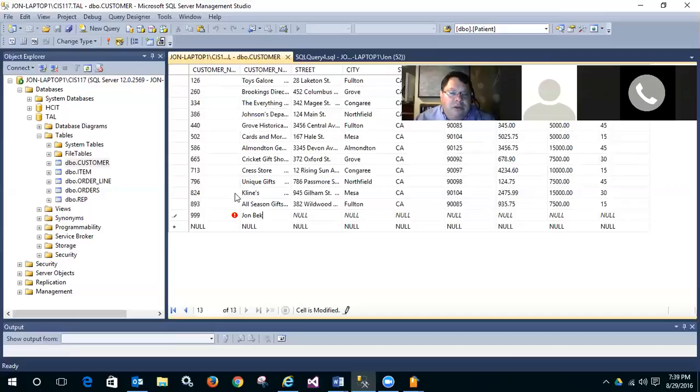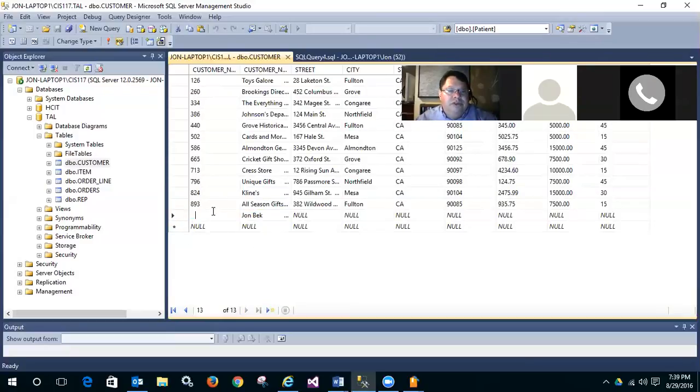So now if I put the name in there, let's test and see if any of the other fields are required to be not null. Oh, they're not. Okay, so the rules on this table, implicitly the customer number, because it is the primary key, has to be unique and has to not be null. So let's test that. What if I delete it and try and make it null,